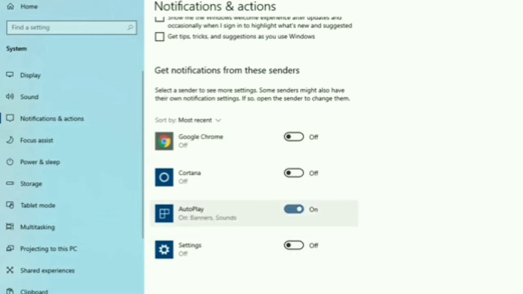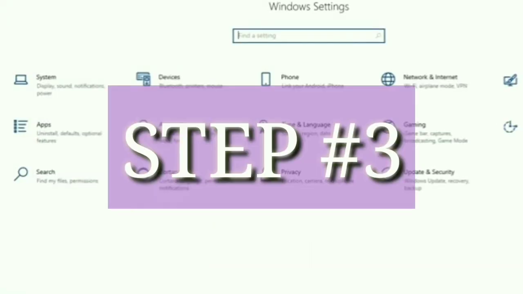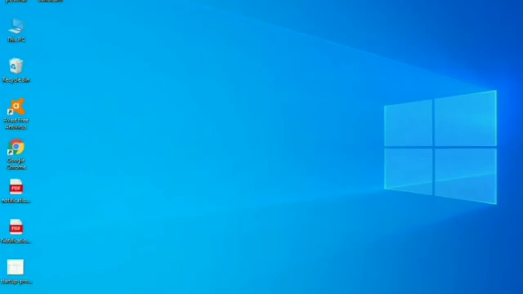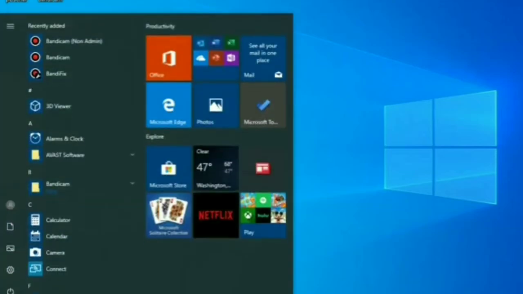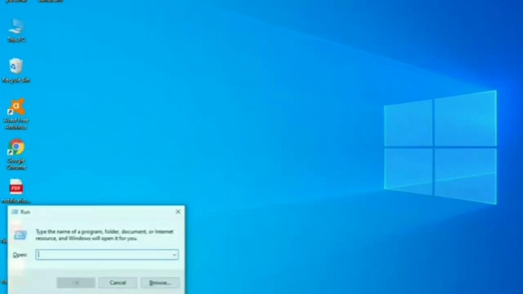So next one, all of you, coming to here, step number 3 is disabling the unwanted files. So how to disable unwanted files? Just close the settings here and go to Run. Write down run, or Windows R is the shortcut to open the Run dialog box. Open your Run dialog box and write down temp, which would delete the temporary files.